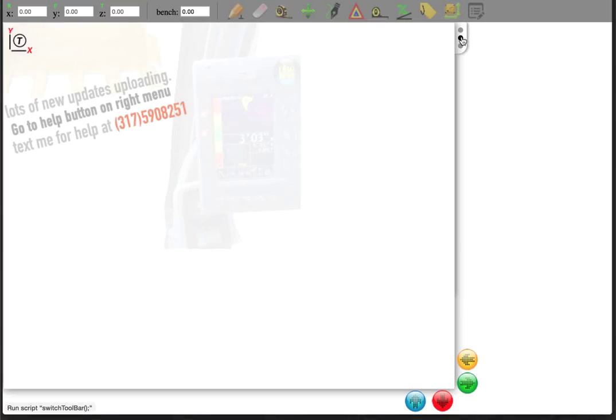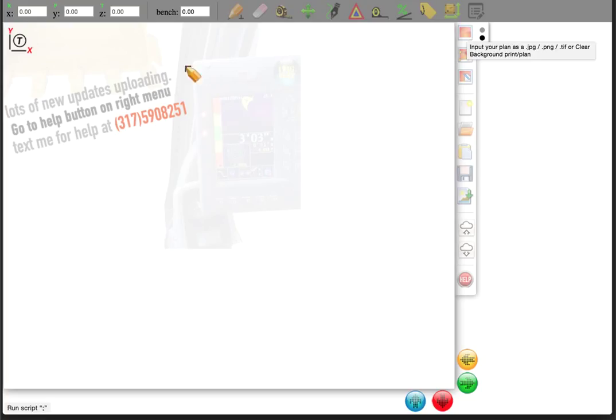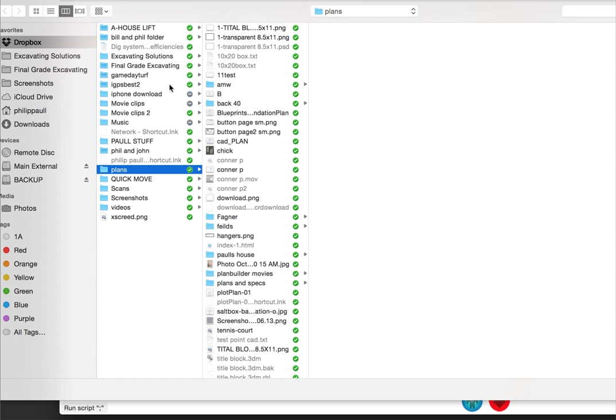Your buttons for your canvas background. This is to let you have a background or put in your plans or whatever you're doing. Take a photograph, put them in, whatever you need. We're going to start out simple. Got a set of plans of